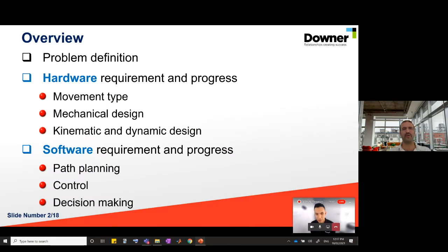In this presentation, I would like to draw your attention to hardware and software requirements to design a new autonomous platform. For the hardware requirement, we will consider the movement type and how we analyze that movement. We also focus on how we can control a robot to follow some path to collect the data during that